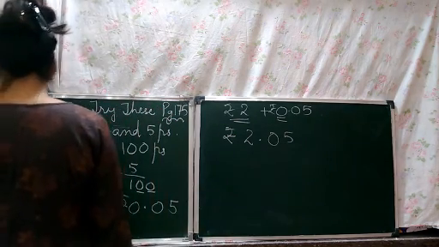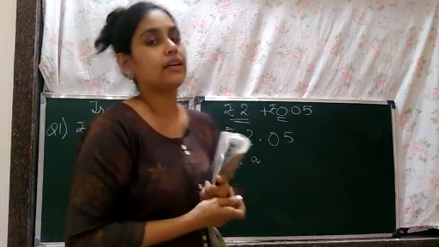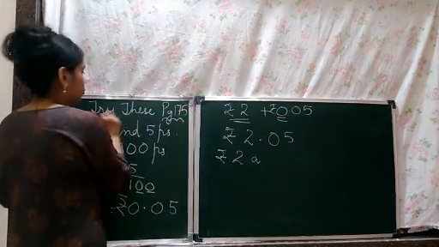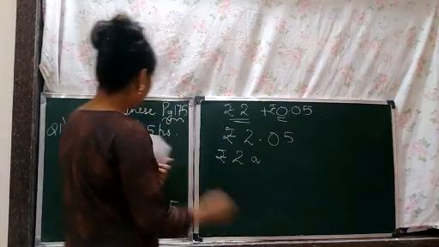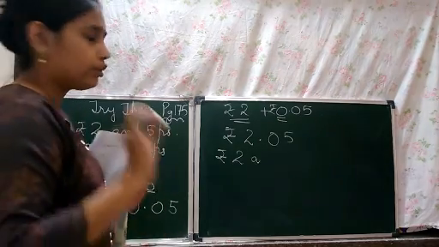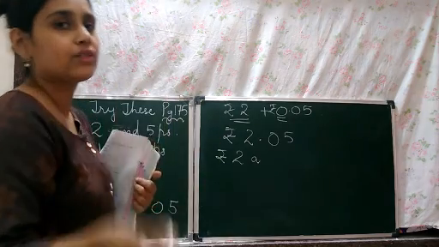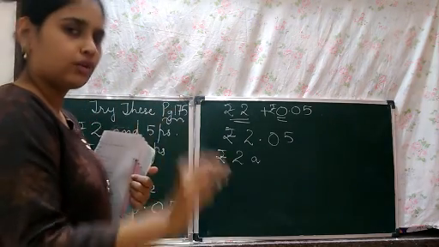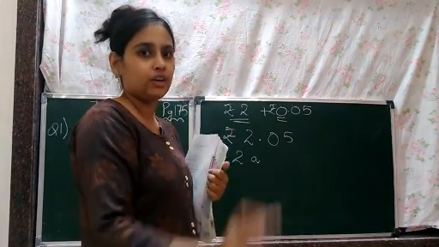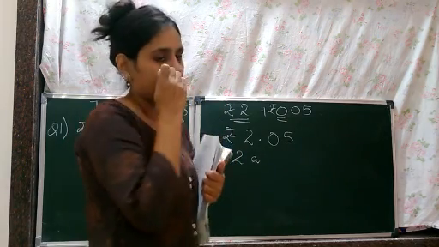The second part is 2 rupees and 50 paise. Children, if you find it difficult writing in the book, you are free to write it in the copy. I have no problem. Just write like this: Try these, page 175, and start writing in the copy itself. Don't make a mess in your book. That question is so big, there's no place to write, and then you just scribble. No need to do that. Just open your maths copy, continue with the same page wherever you ended your last question of exercise 8.3, and then you start your try these.